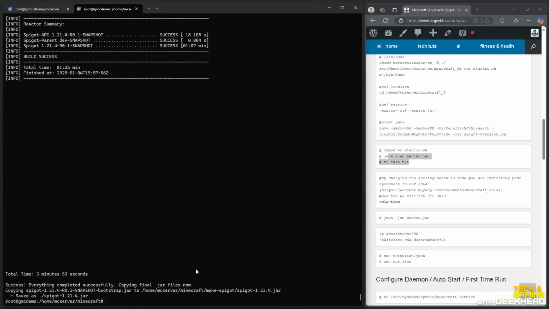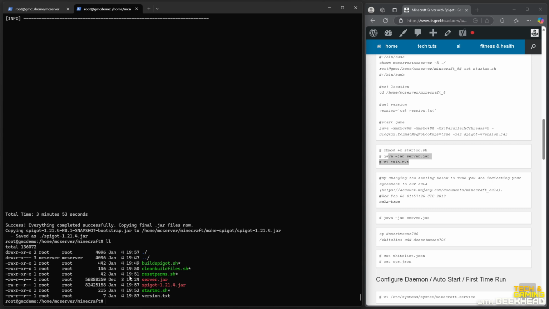Again, I was talking about using Spigot server instead of the dedicated Minecraft server. So the server jar that you download from Minecraft is just used as part of the build process for Spigot. So it's actually not using this server jar, and I believe you could technically delete it. We'll just leave it there for now, but it's used when you use the build tools and then build this